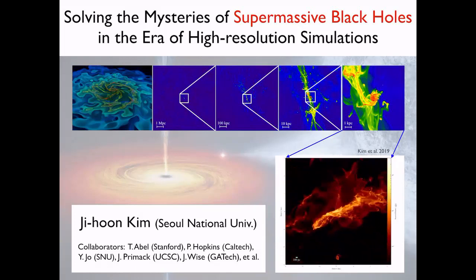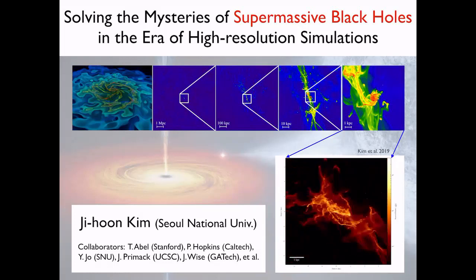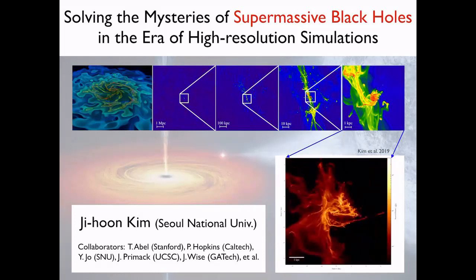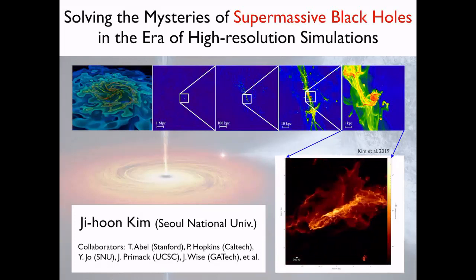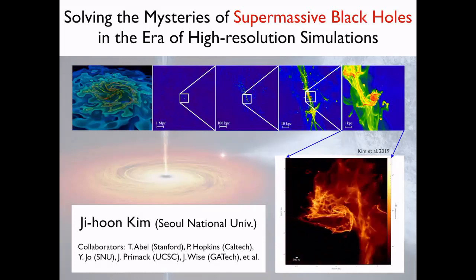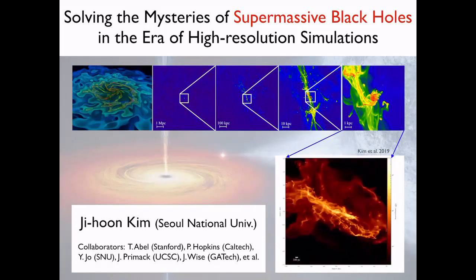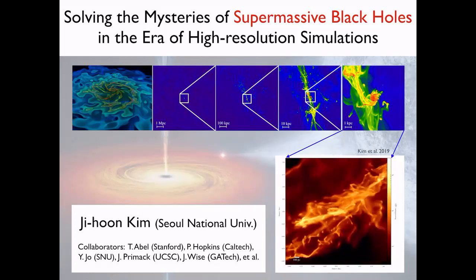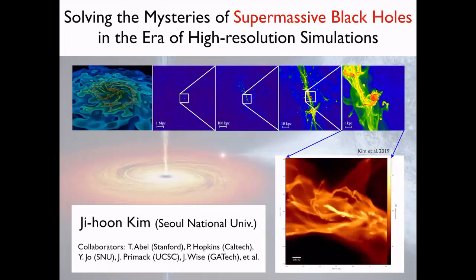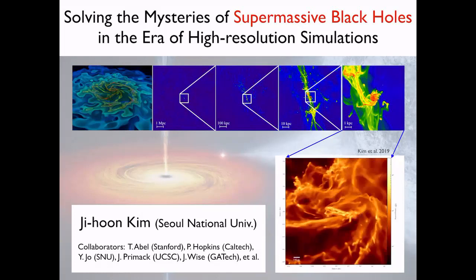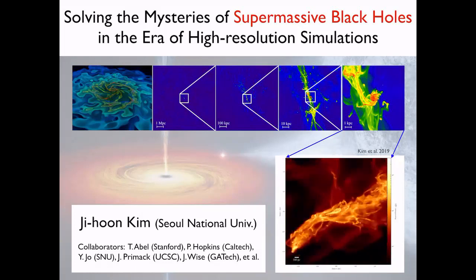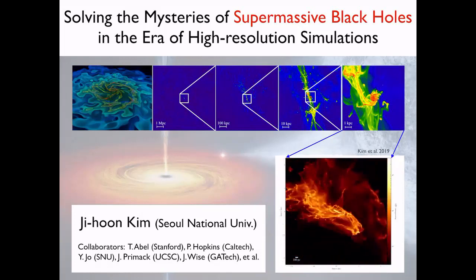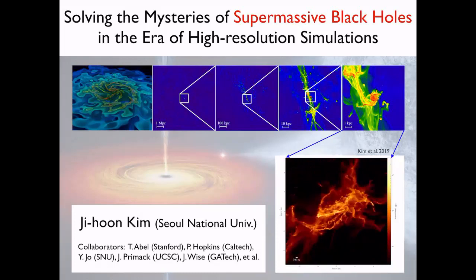Donghui just talked about it briefly, but not just because the growth history of the supermassive black hole has been driven by mergers. In many cases, it gives a context for the gravitational wave signals that we're talking about, but also because the huge mass of the supermassive black hole itself allows us to think about what kind of physics we might have missed, or what new physics we may consider, such as what Donghui just mentioned.